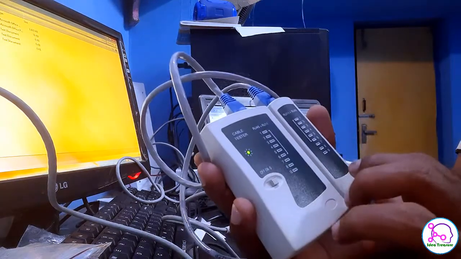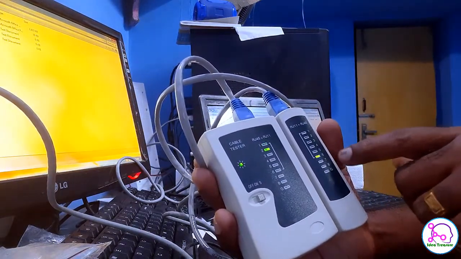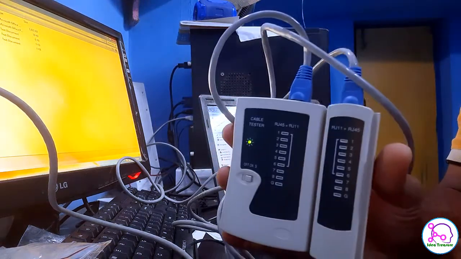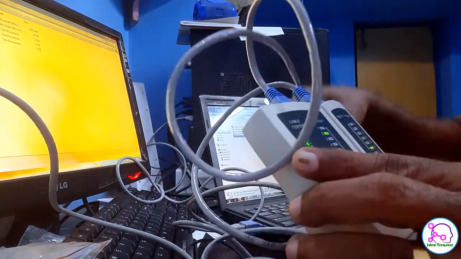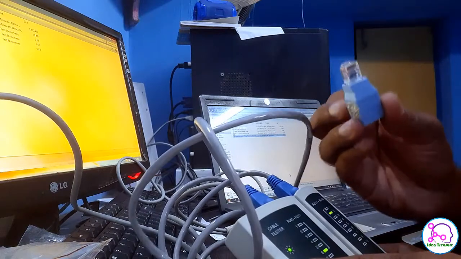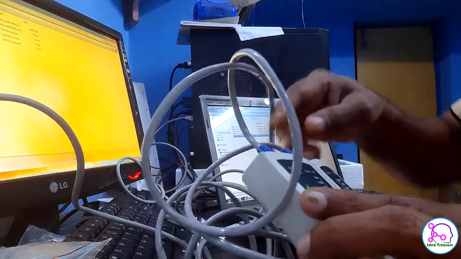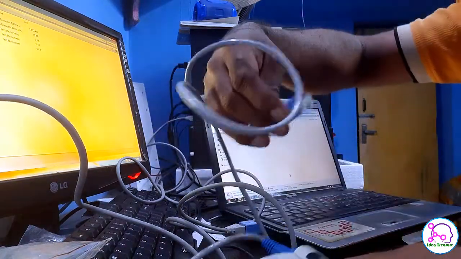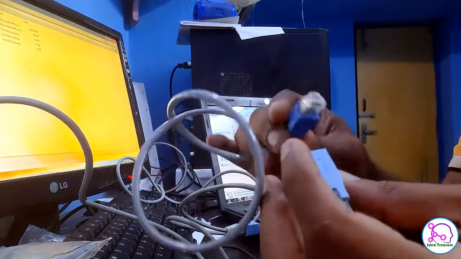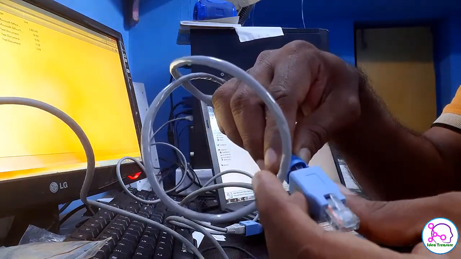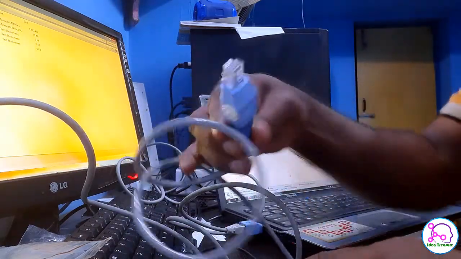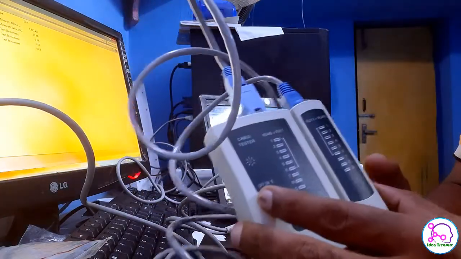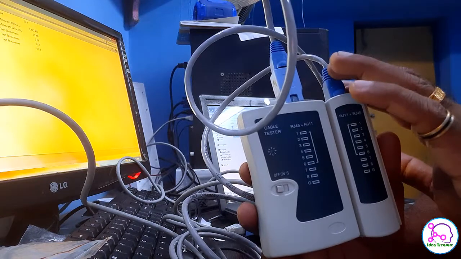Okay, 3 6 1 7 8 2 4 5. So this is the crossover cable. Okay, so I'm going to show you how this adapter converts this crossover cable into the straight cable. In the same way, I have not done anything, I'm just inserting this male portion here. Okay, and again this portion in this tester. Now let us see. So this is actually the crossover cable.